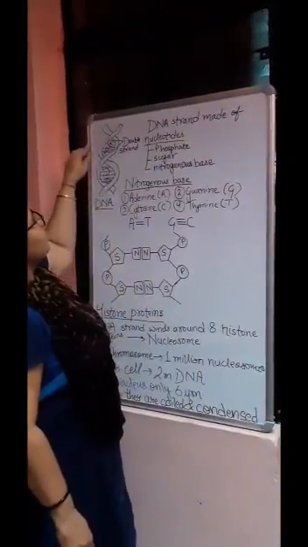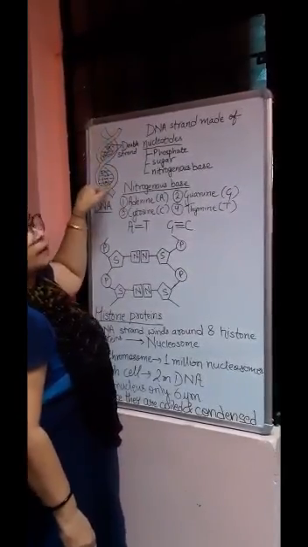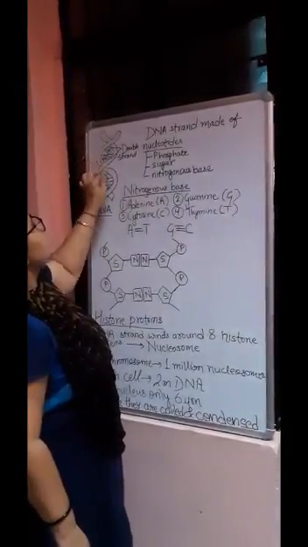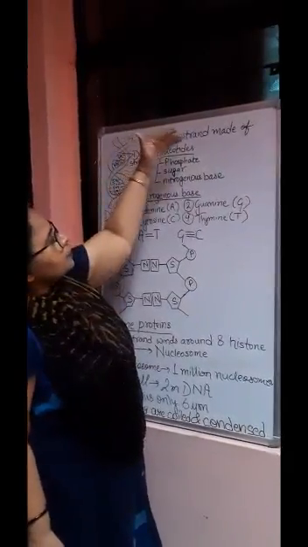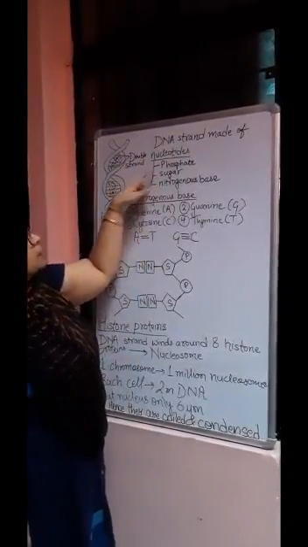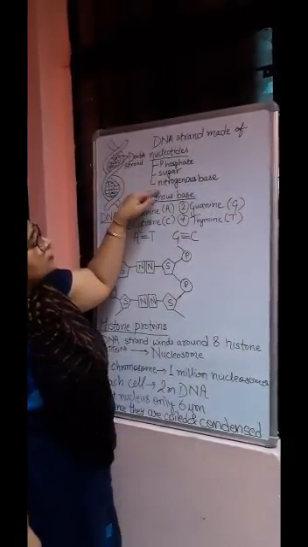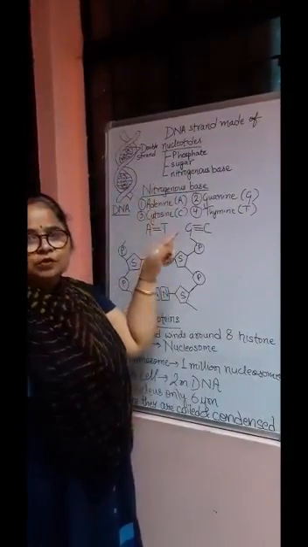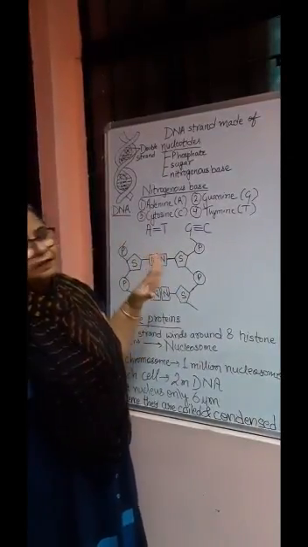Now if you look at the DNA strand, it is a double helix, one helix and the second helix. These two strands are joined together by bonds between the nitrogenous bases. I'll tell you what the nitrogenous bases are. The DNA strand is made up of nucleotides, and every nucleotide consists of three parts. One is a phosphate molecule, second is sugar, and third is a nitrogenous base. The sugar in this case is deoxyribose sugar. It is a pentose sugar, which means it has 5 carbon atoms in it.